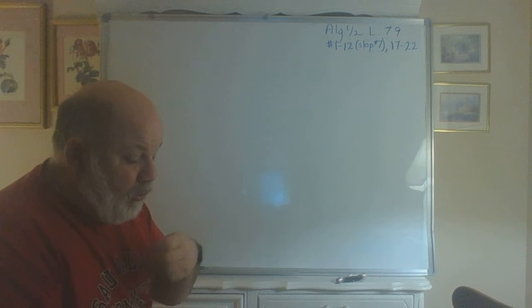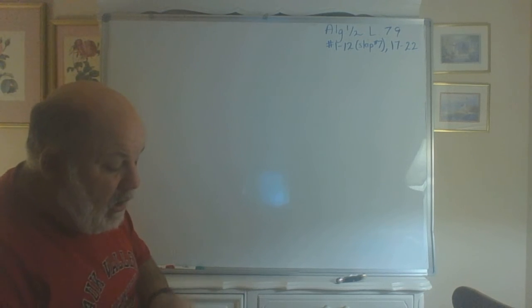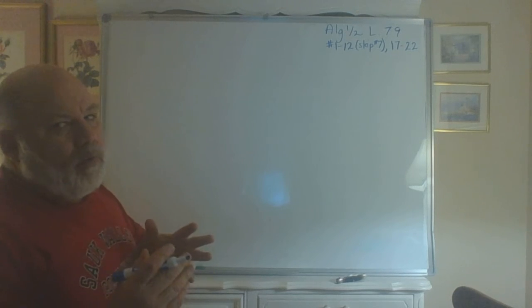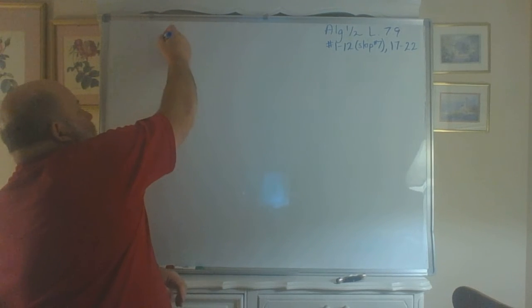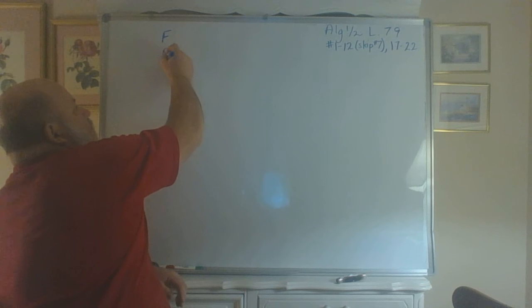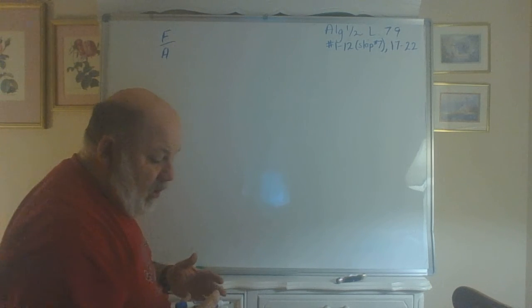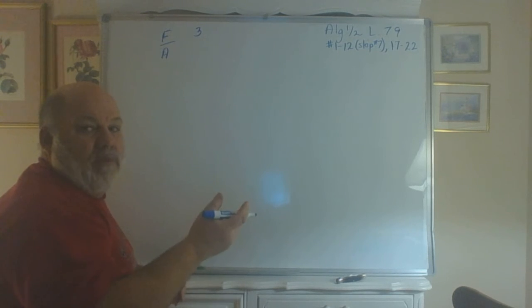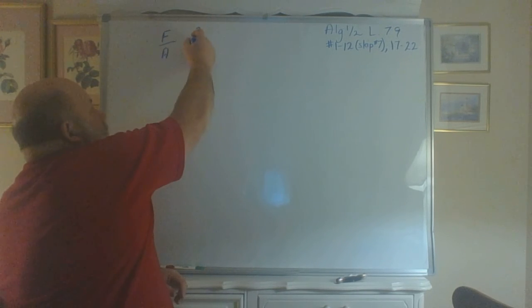79.2 says it took 3 tons of fertilizer to fertilize 170 acres. You don't have to do what I'm going to do here, but I like to do this. F for fertilizer, A for acre. How much fertilizer? 3 tons. Now I'm not going to write 3 times 2,000. I'm just going to write 3. And that will do